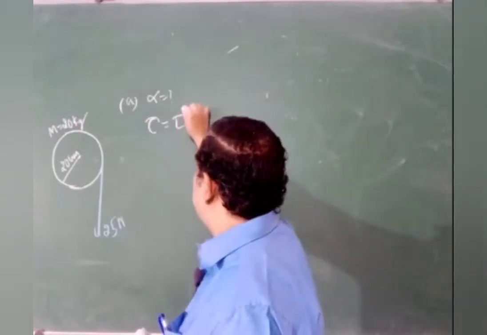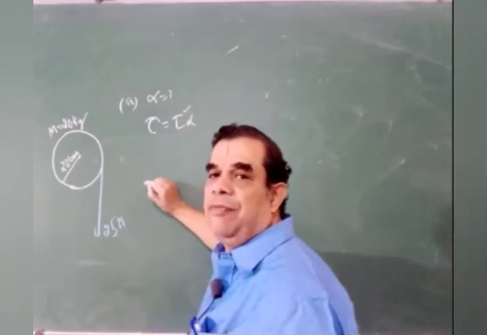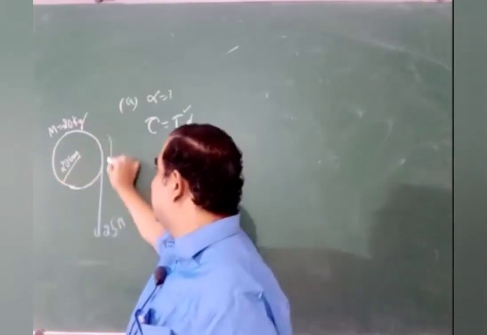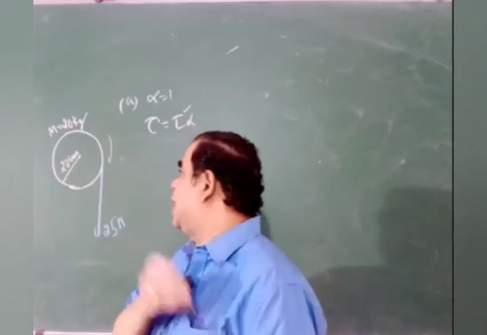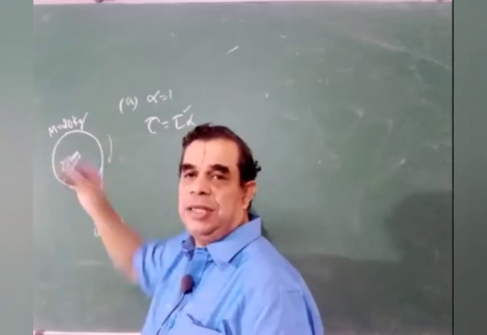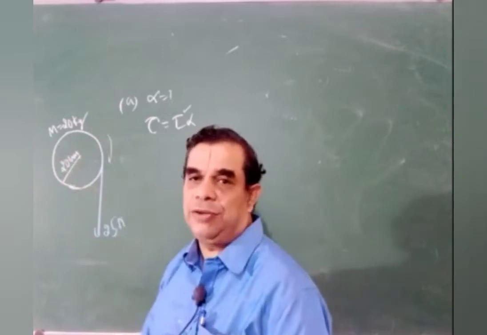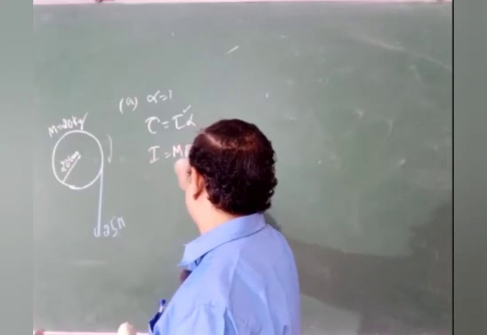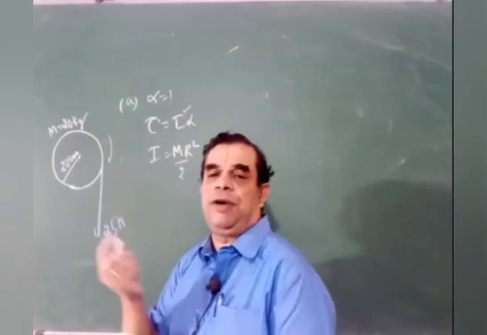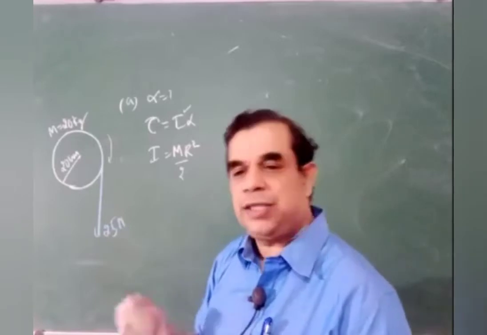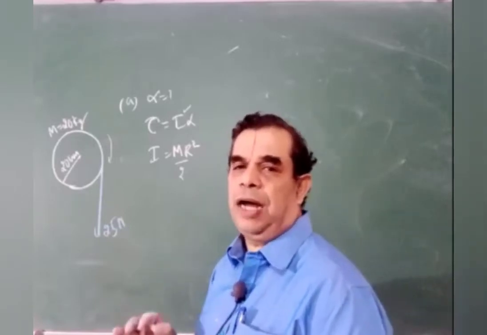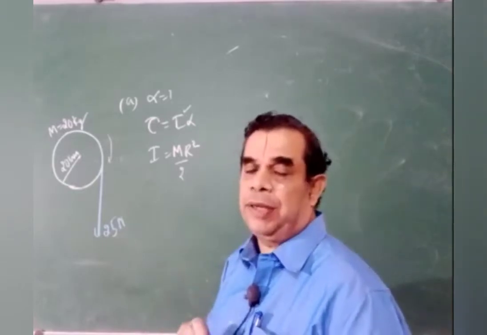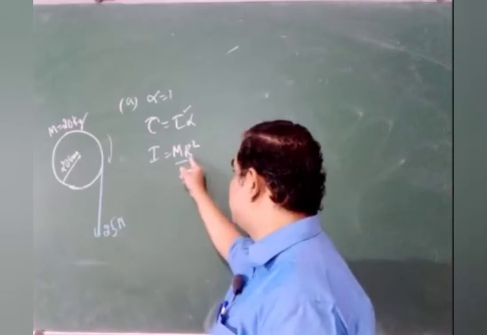Here, I we know from the standard value for a disk through this axis, perpendicular to its plane. Say it is rotating like this, so the axis is like this. That is called the disk axis. And its moment of inertia is a standard value for a disk. I give you that, MR square by 2. There is a list of formulas for moment of inertia in our text. You just go through that. And there are theorems that are not required for this year, my dear friends, because they have been eliminated because of COVID-19. So I is MR square by 2.